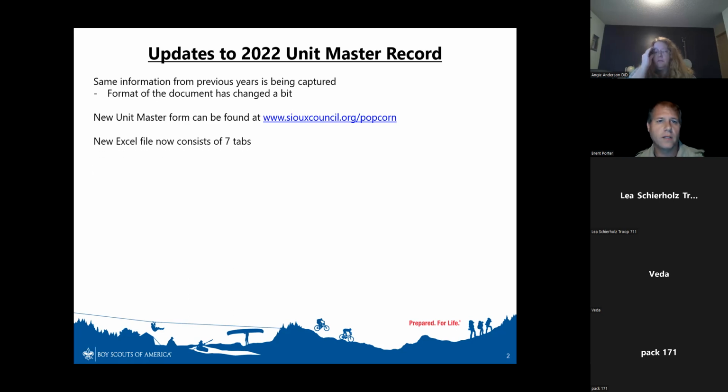The new Excel file basically consists of 7 tabs. The first one is going to be your unit information, the kernel information. Then we're going to go through some due dates, so you have a one-stop shop on when everything is due. You're going to have a list of where you can put all of your sellers, and that's going to transition over to all the tabs for you. You're going to have a unit inventory spot. In years past, people didn't really realize that it was there. So when we got through the final and said, hey, go to this spot, they said, well, if I'd have known that, then we would have used it. That's now on its own tab, so you can see it.